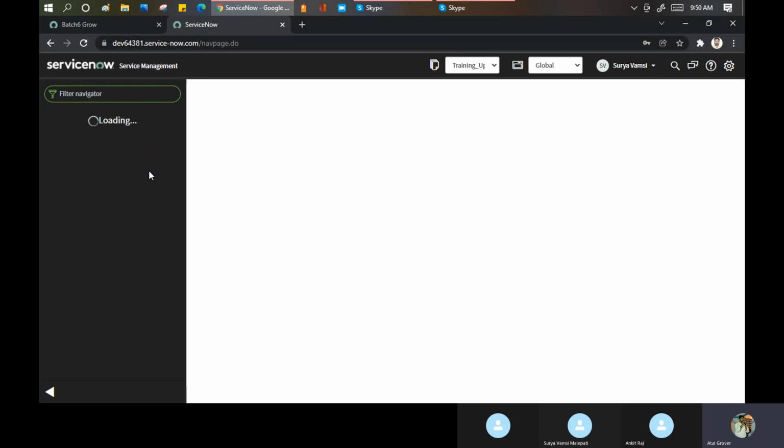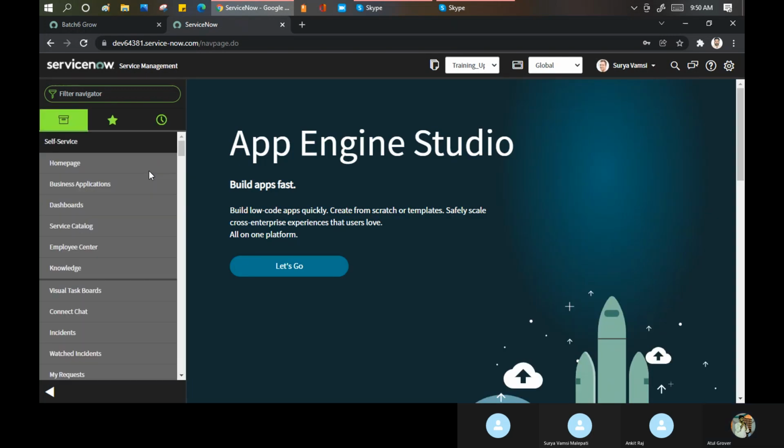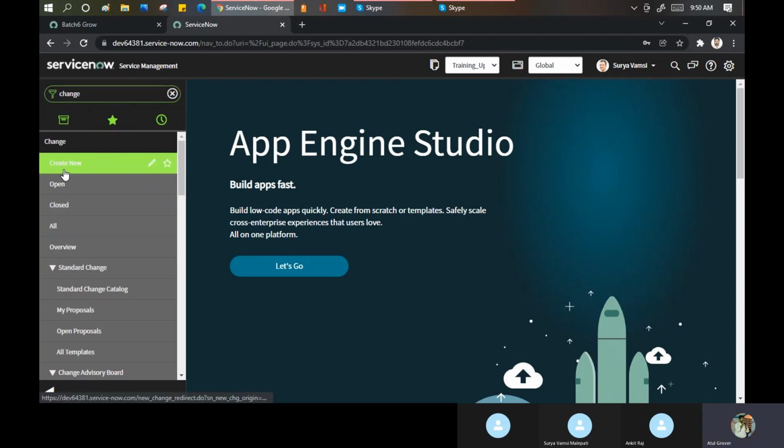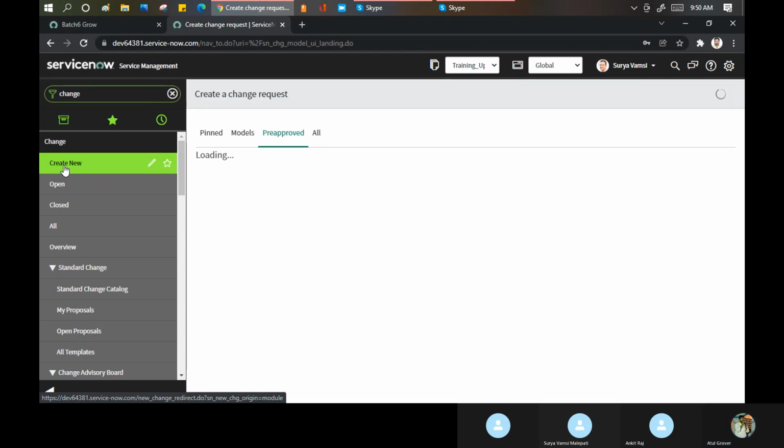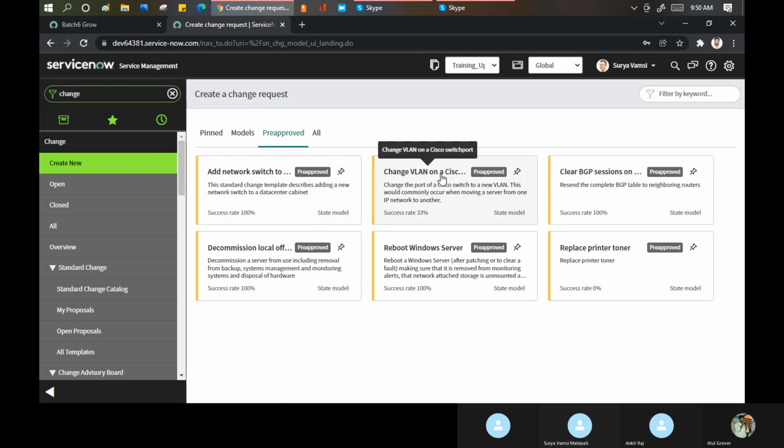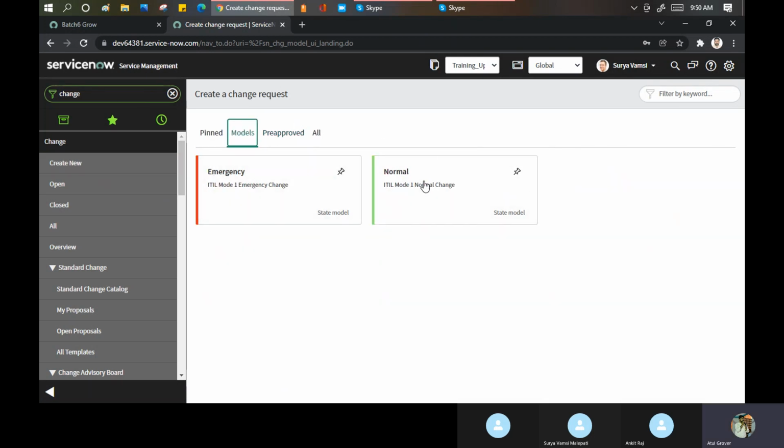I'll install one plugin called Mass Update CI. Let me show you here on the change form. If I open create new and go to the models, this is a new concept in Cubic. They have launched change model.